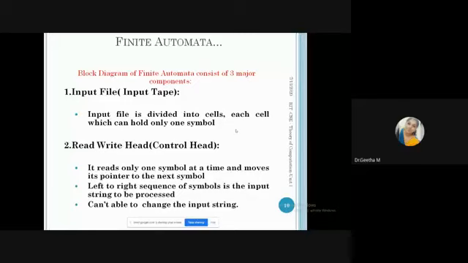Likewise, cursor. Then coming to the second point, usually we follow the left to right sequence. The left to right sequence of symbols is the input string to be processed. So the same process we want to follow. And an important point is we cannot change the input string which is present on the input tape. We can only read the symbols present in the input tape, but we can't change anything in the input string.